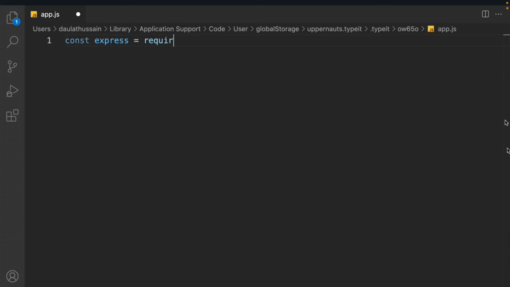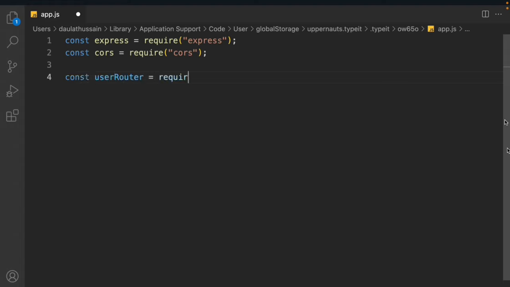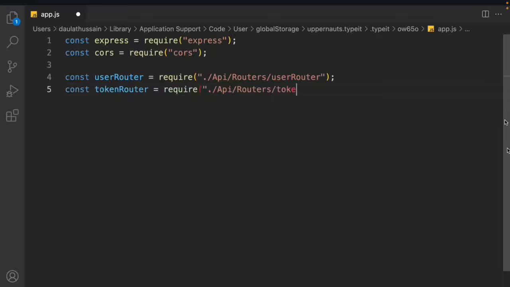So we'll import the express, then we have to import the cors, and we have already installed all the packages at the start. Then we have to import the user router because we have to make a request. Then we have to import the token router, then we have to import the account router,